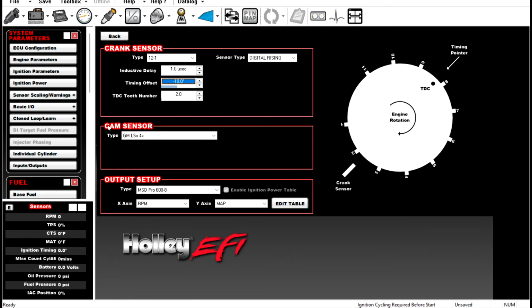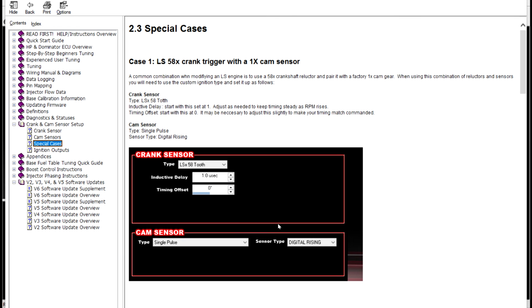So next, you'll also have to do the same thing with a cam sensor. Most people that are using a 12 minus 1 are also going to be using a single pulse cam sensor, usually on the outside on like a belt drive or a drop-in from MSD that just kind of takes the place of a distributor. Again, you're going to have to set this up to match your reference angle. So let's look at how that is decided. If we go to cam sensors here,